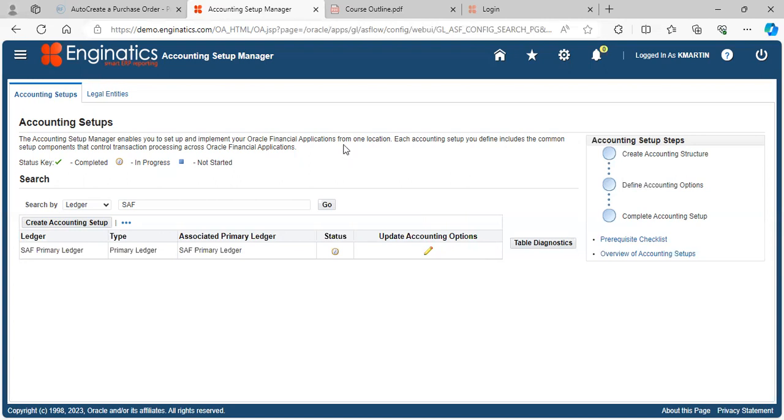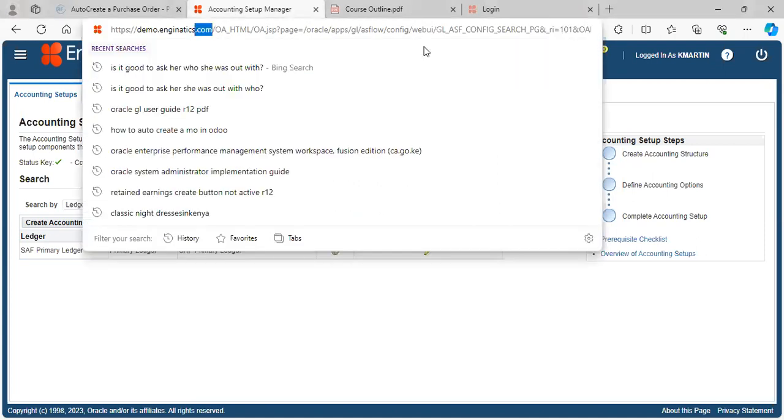None from my side. Right, so if there are no questions, I would like us to go up to that level. Then we'll pick up from tomorrow on defining the accounting options. So I'll share the recordings with you. Also, I'll share the instance so that you can start practicing. A few things you should be practicing so that the understanding of the system becomes okay. So if there's nothing else,